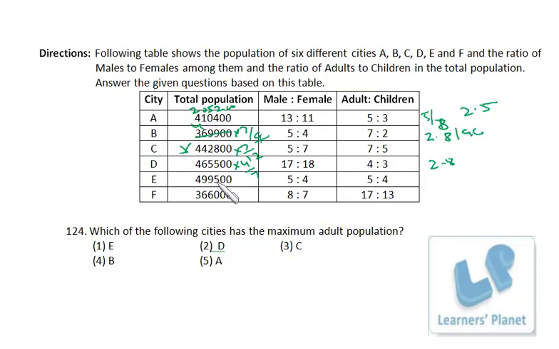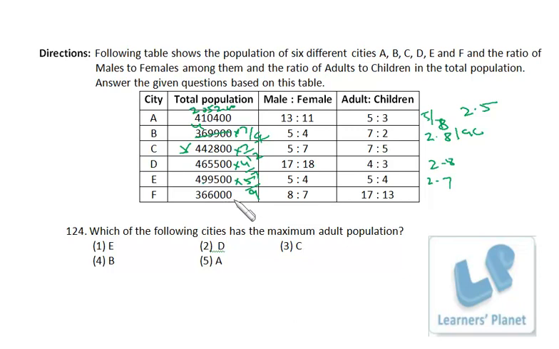Similarly over here 4995, it will be 5 by 9. Okay, now it is what, 4,99,500. If I add 500, it will be just around 5 lakh. So 5 lakh divided by 9, so it would be 9 5s are 45, so 5.5 something, and 5.5 into 5, that will be half of that, so that's 2.7 the calculation will be, right? But still we have 2.8, right? So no need to consider.